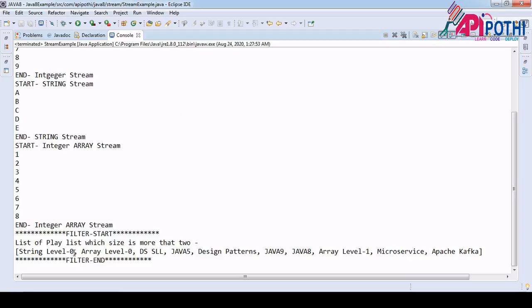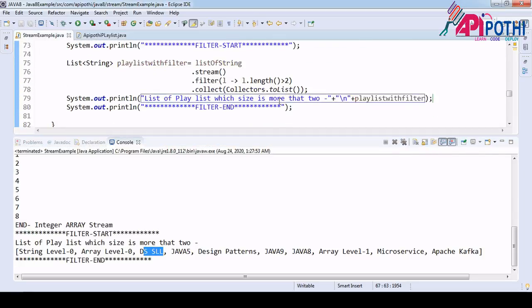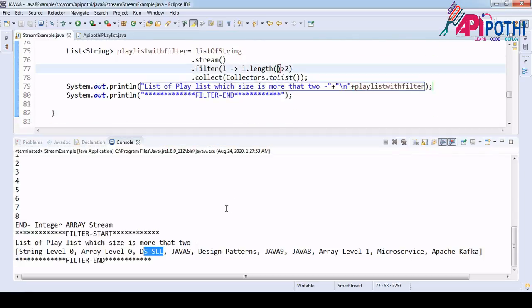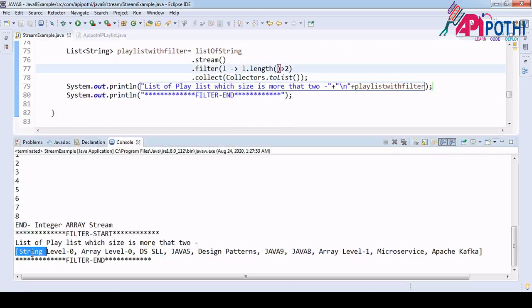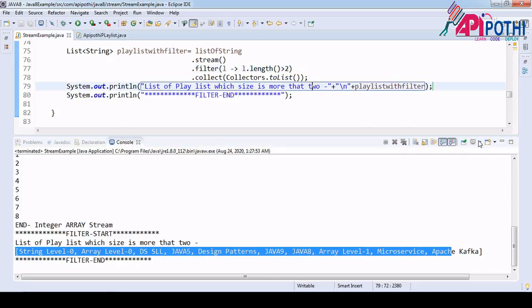This is the playlist name. If you see, string level 0, array level 0, these are all. What is the condition? Size is more than 2. So all the playlist available here has more than 2 size. So that's how we did the filter.